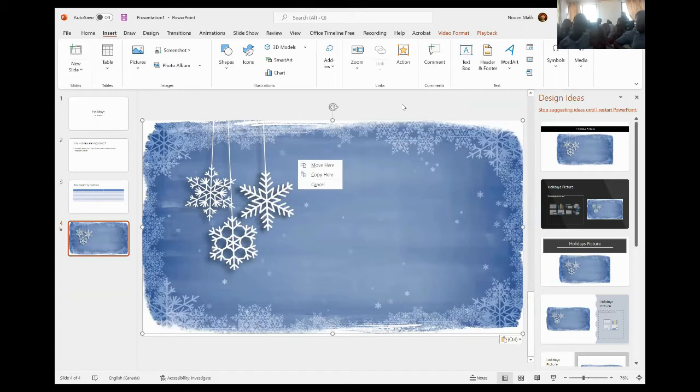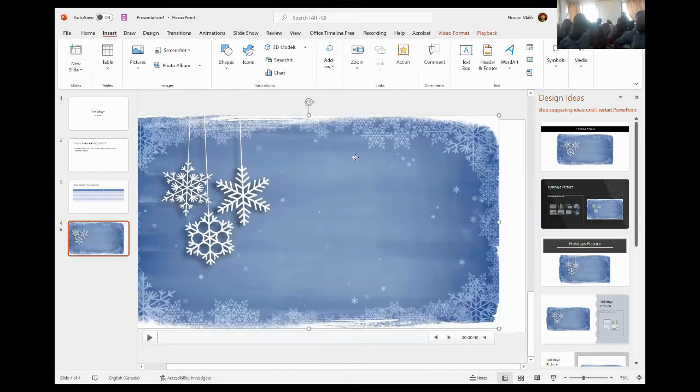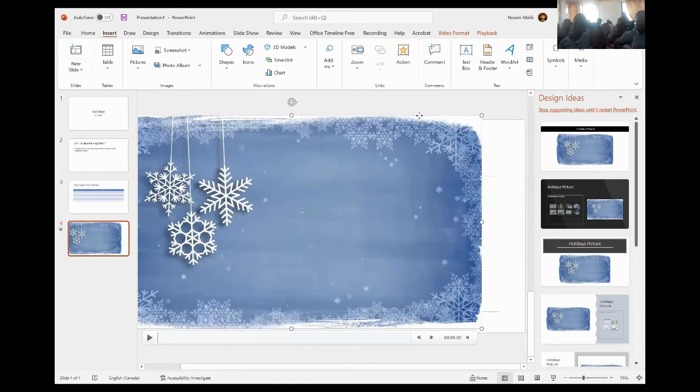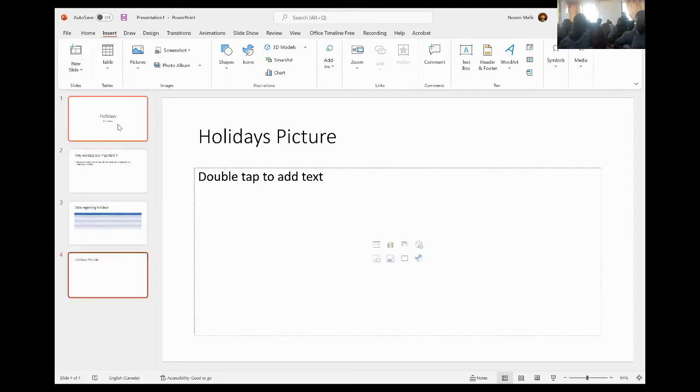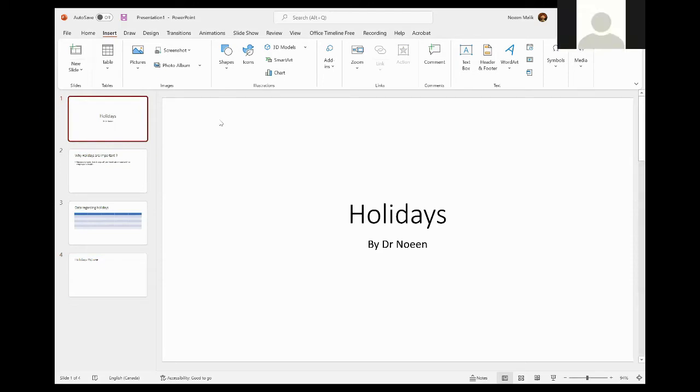Okay, wait. No, I don't know why it is not working. Okay, let me select again. And if it is not coming, then I can show you how to do it manually. Yeah, here. You see, I moved my mouse on top of this. Then I clicked right on my mouse near the edges. And you see it is saying cut. I select it and click left. It is cut. Now I want to go back here. I will click right on my mouse and paste it on my screen as a picture.